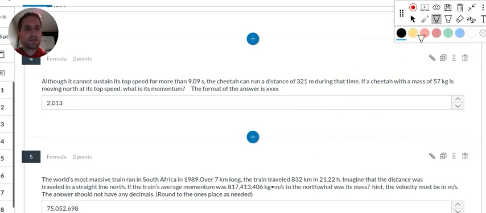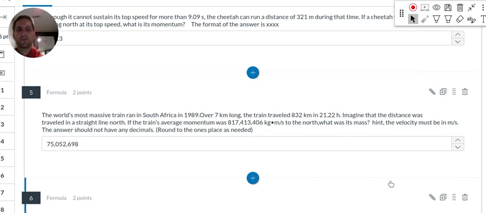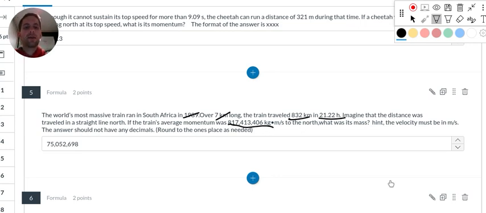Number 5 is a little complicated because we have to convert. So first I have to convert this entire thing, but let's figure out what we want first. We have this train. I don't care about these things, 1989, 7 kilometers long. I do care about how long it traveled and how long it took. And so it gives us the train's average momentum, P, and we want to know its mass. So